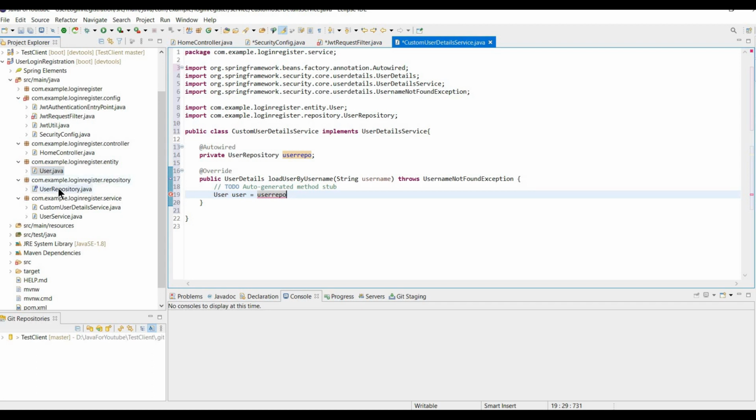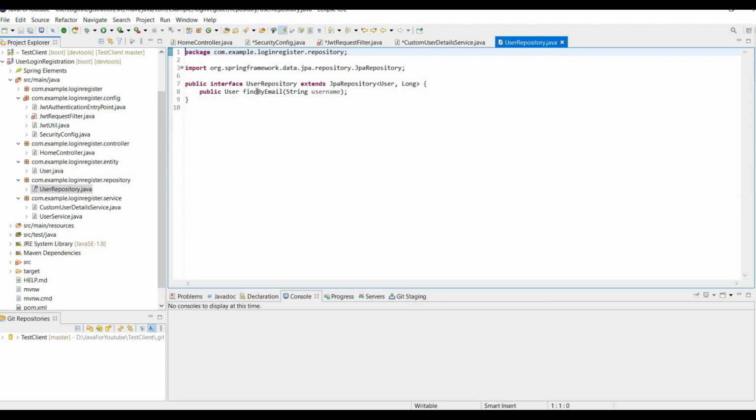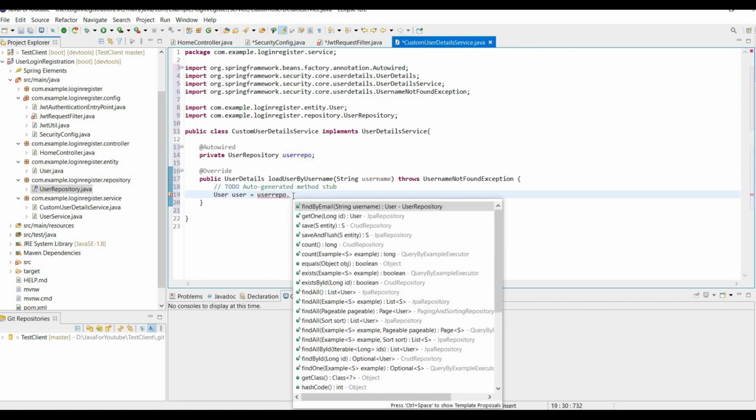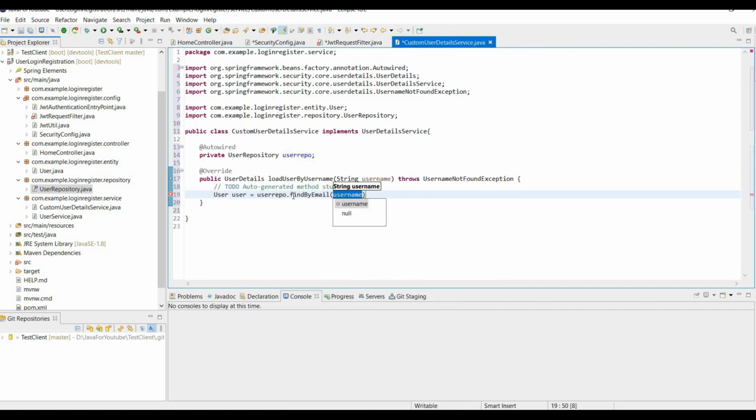And yes, to the people who don't understand why I write this "find by" at the beginning of this word, I don't know if I have explained this before, but just Google it, because if I explain this right now, this video is going to be so long. It's so easy to understand. So here, with the help of user repo, I am finding the user by username,